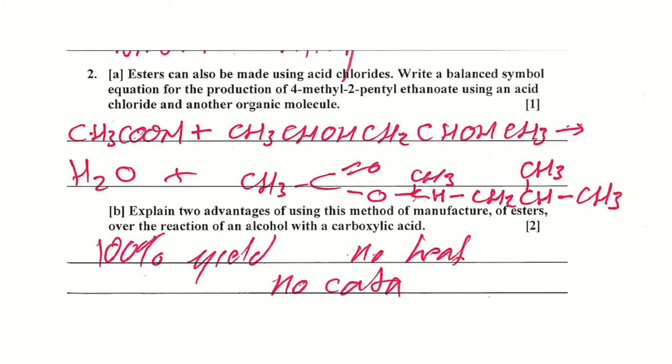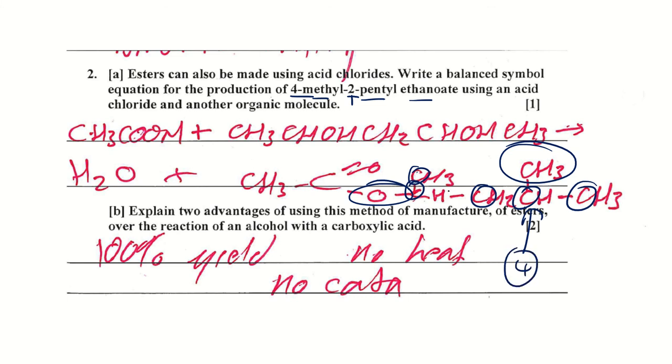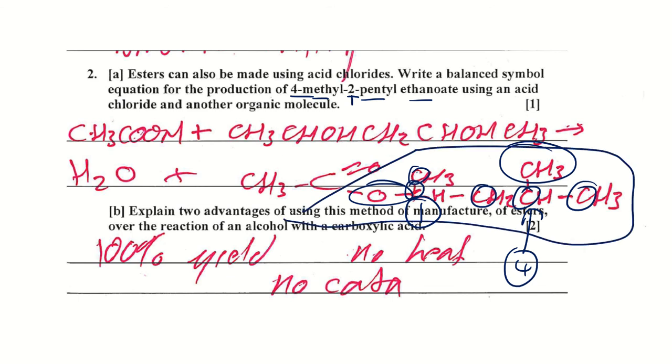The next one then caused a little bit of difficulty just because of the complexity of the ester. So I would suggest, if I was you, to draw this out. So it's 4-methyl 2-pentyl ethanoate. So 2-pentyl would mean that I have 1, 2, 3, 4, 5 carbons in a straight chain. The 2 tells me that the ester bond is on number 2. And then the 4-methyl tells me that I have 1, 2, 3. On number 4 here, I have a methyl group, remembering that this carbon here is number 1. And if I cut that off, if you like, and I go back and I work out the structure of my